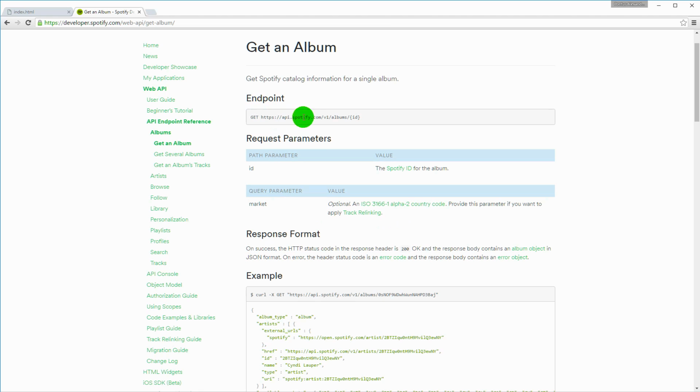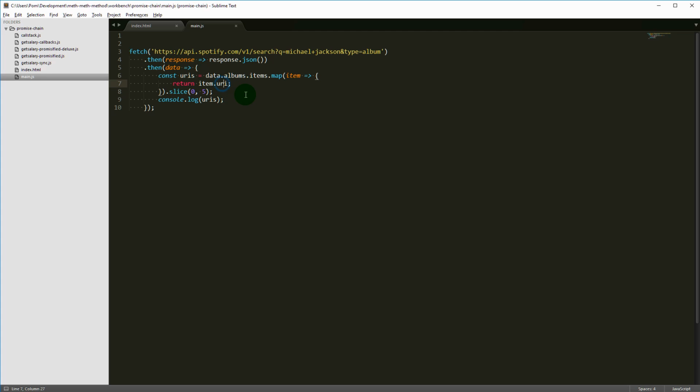So let's create new URIs. Now we're gonna use this URI list and create new promises using fetch. So I'm gonna call this new array tasks. Const tasks equals